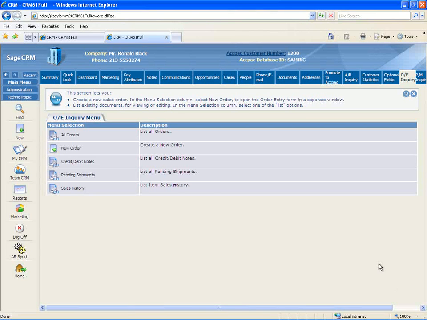Now we're back inside of Sage CRM. Within Sage CRM, I've selected Mr. Ronald Black, customer number 1200. And on Mr. Ronald Black, I've selected the OE Inquiry tab. And in this tab, we can see that we have all orders, new order, credit debit notes, pending shipments, and sales history. If I click on all orders here,